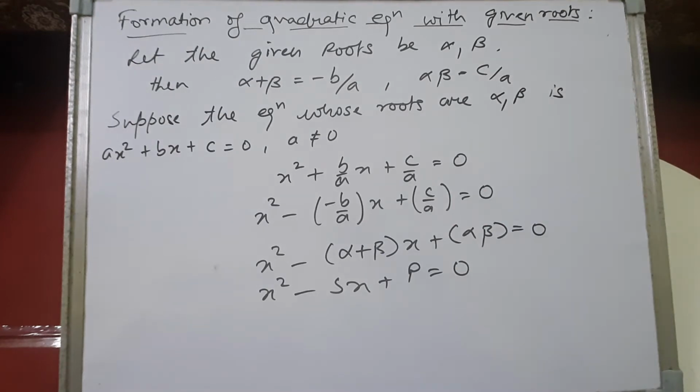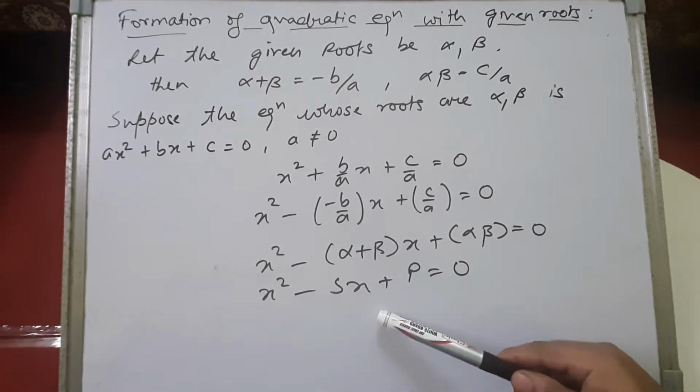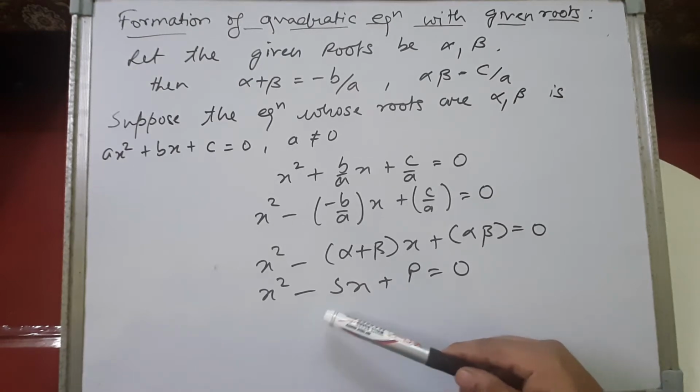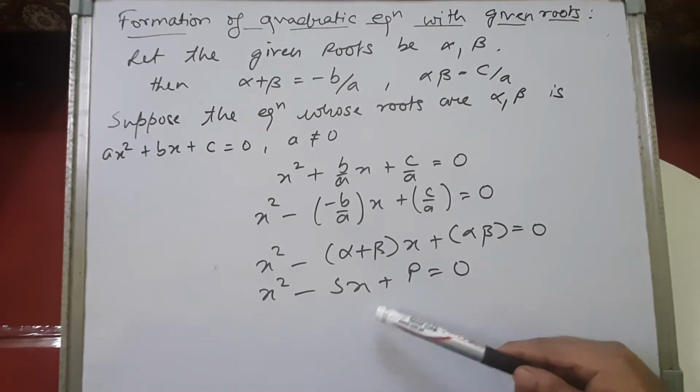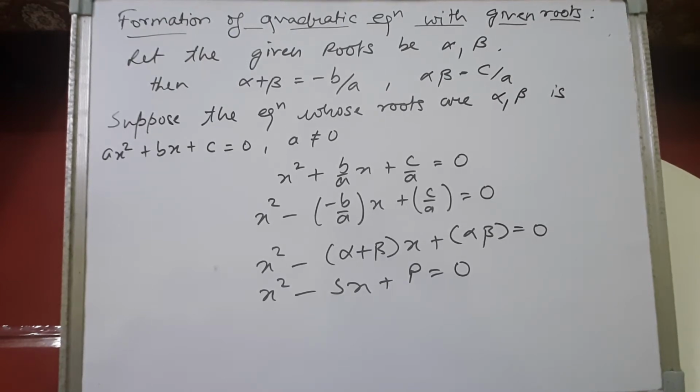Alright. So alpha plus beta is what? The sum of the roots, and alpha beta is the product of the roots. So if we have to obtain the equation from the given roots, the equation will be x square minus sum of the roots into x plus product of the roots equals to 0. Understood children? When roots are given and we have to obtain the quadratic equation, then we apply x square minus sum of the roots into x plus product of the roots equals to 0. Okay, note down please.